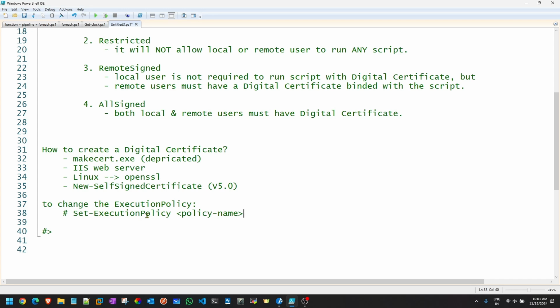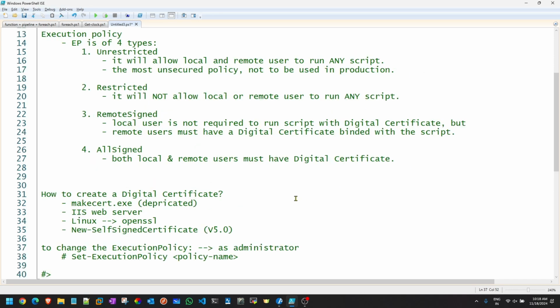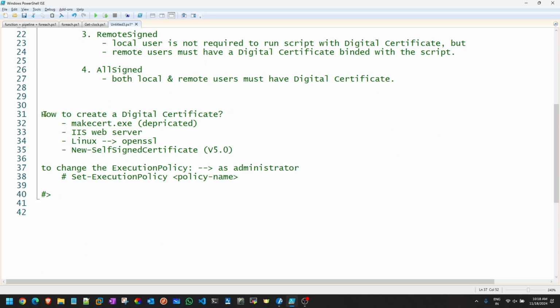But remember that this has to be executed as administrator. Without that, it won't work out. Okay, so now we have got the idea of what needs to be done over here.